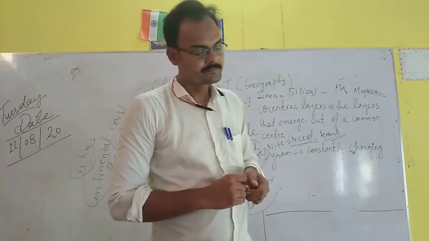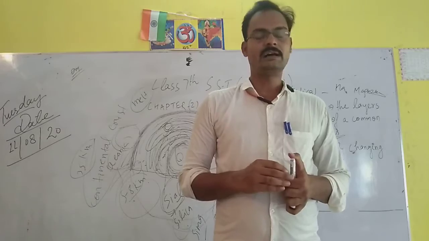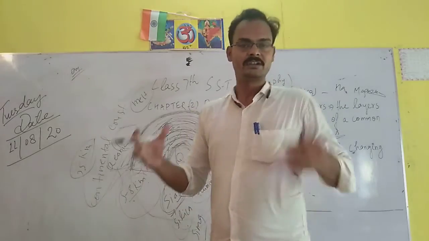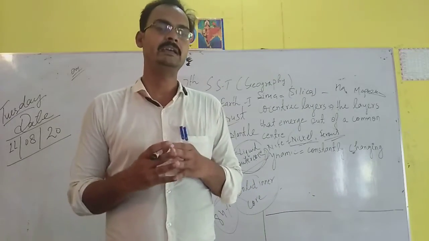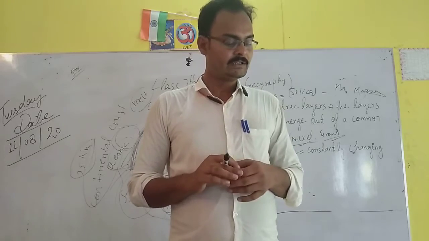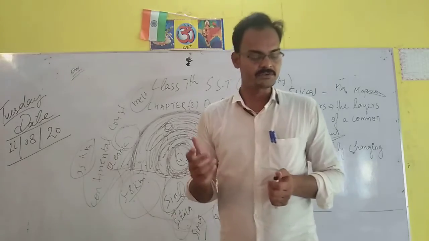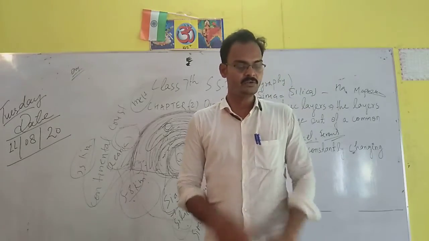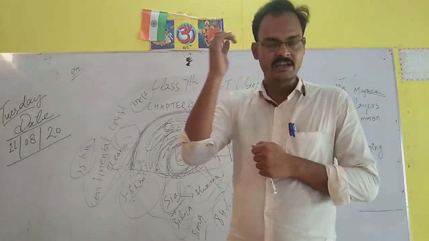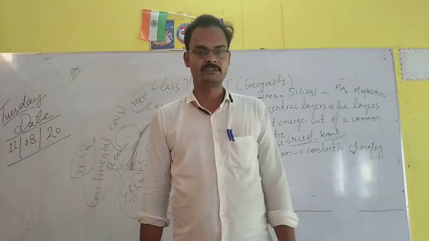After that, the temperature and pressure of the central core are very high. As usual, because it is the inner core of the earth, the temperature and pressure are very high in that region. Do you know that the earth is constantly undergoing changes inside and outside? Therefore, it is called a dynamic planet. As we go deeper and deeper inside the earth, the temperature and pressure increase considerably. Hence, it is quite difficult to go to the center of the earth.